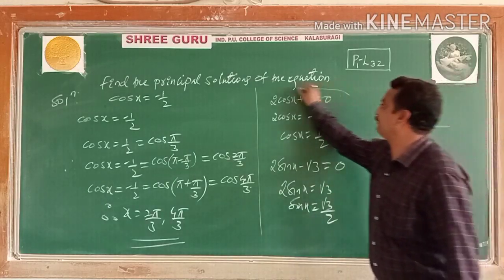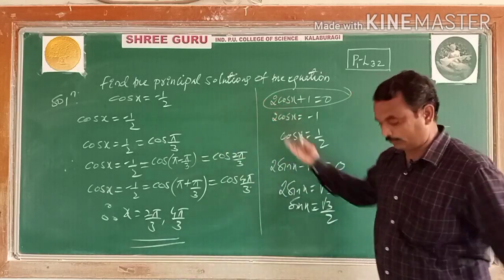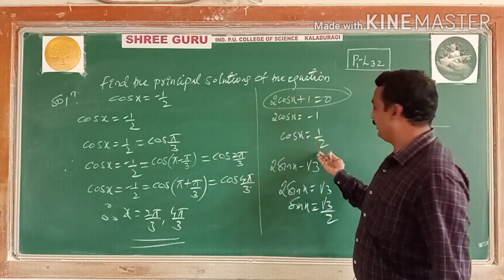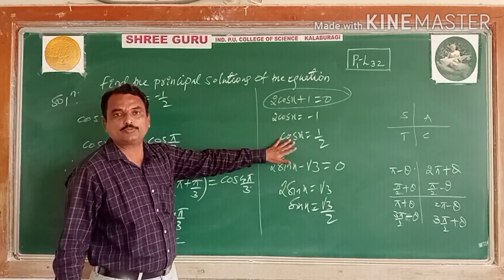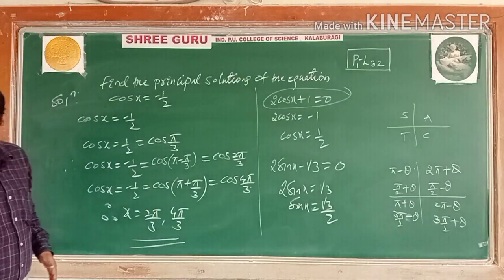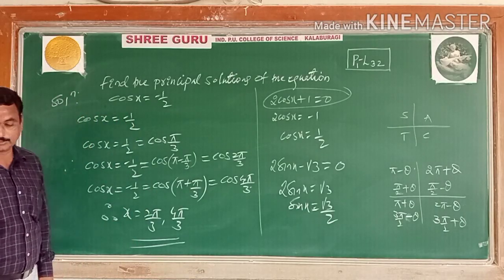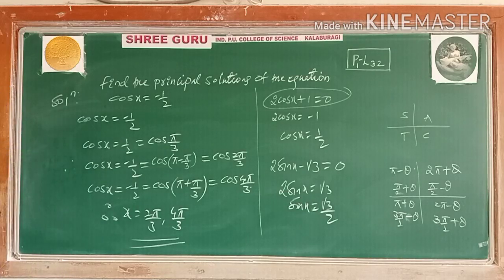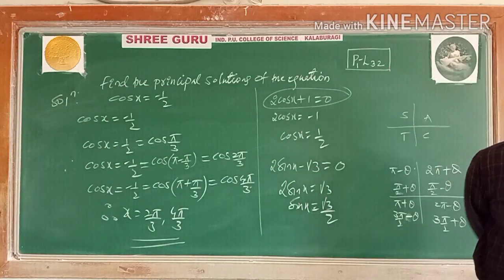See this equation and this equation here, I have taken directly cos x equal to minus 1 by 2. Such equations you may write in this form. This is also an equation. He may give in this form. So this is simplified given. Such equations you may convert like that and you have to calculate the principal solutions of the particular equations.